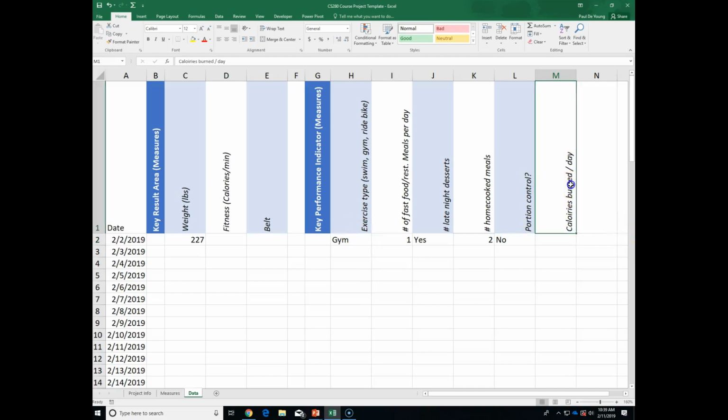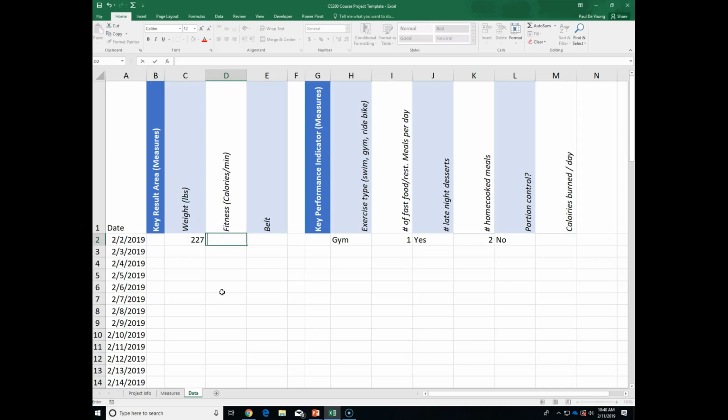Calories burned per day. By the way, it's okay to start, you don't have to start with already being there. You should start with, in my case, a low baseline, and then the idea is to get better over time. So I'm going to ask you to collect a week's worth of data without really making any changes initially. So it's kind of what I'm doing here. So this was 400